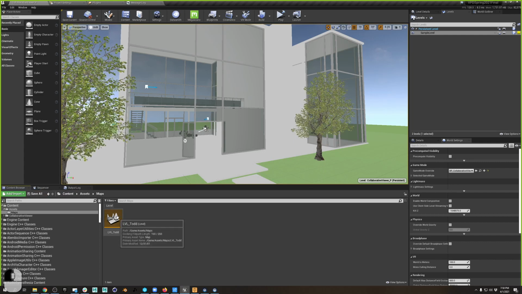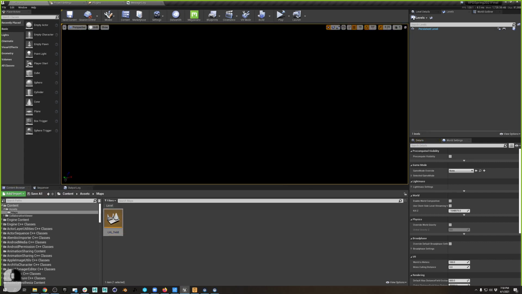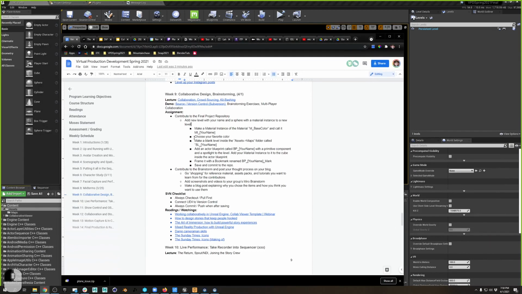And I'm going to go in there, and it's completely blank. This is how I want it to be. I want it to be completely blank. We don't want to have more and more lights because we're going to stack all our levels together, and I don't want to have 500 suns screwing everything around. Okay? So blank level. Go back up to assets. And I'm just following, again, the step-by-step tutorial for homework. Let's make our own